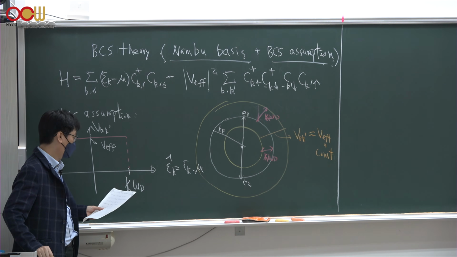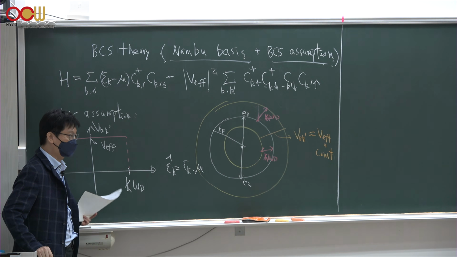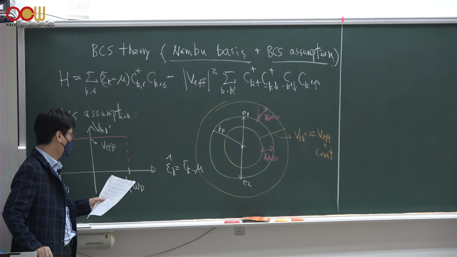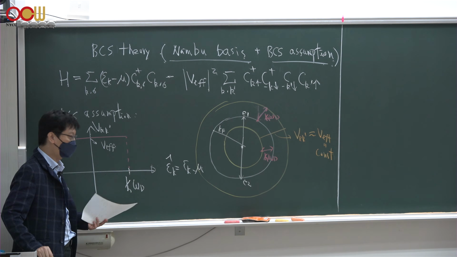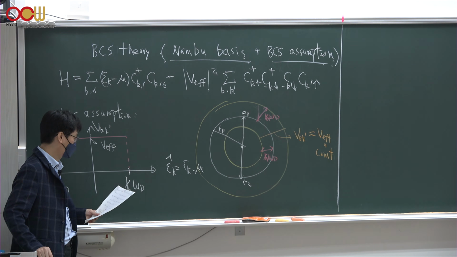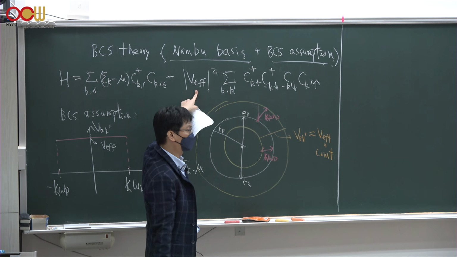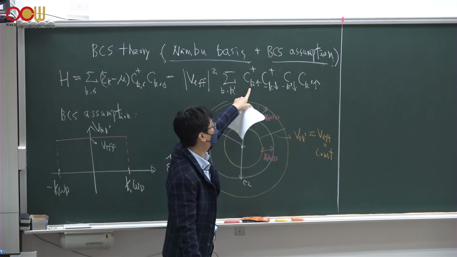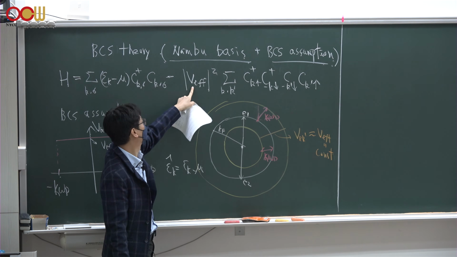Of course, this is an assumption and approximation, and we will come back to it later to see whether it makes sense. Of course, the answer is yes. This approximation works really well, otherwise we wouldn't get the BCS theory, the theory that we know today. As a result, this V effective is approximately independent of momentum k and k prime, and I can pull out this factor V_kk' squared,